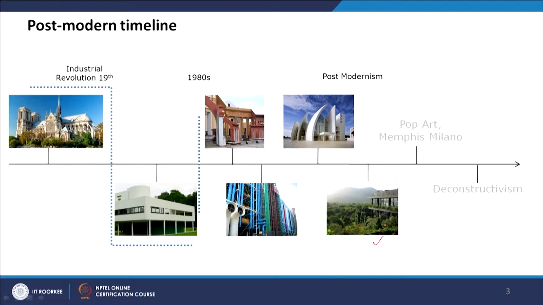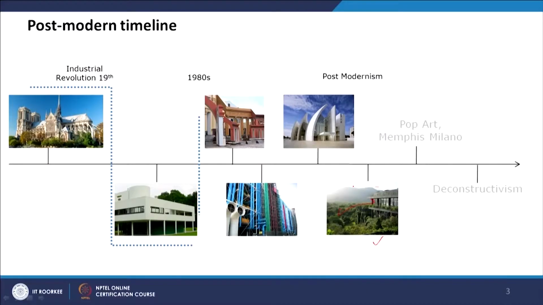This is a design which falls under the critical regionalist movement. It's designed by Geoffrey Bawa of Sri Lanka. He's a Sri Lankan architect, and his designs emerge from the Southern Indian and Sri Lankan style of design, from the Chettinad style of architecture, which is a traditional architectural style of the southern part of India and Sri Lanka. The local climatic context and local design elements were also amalgamated within the design. So this design looks like it emerged from this particular place.